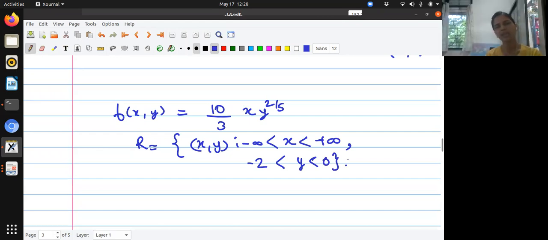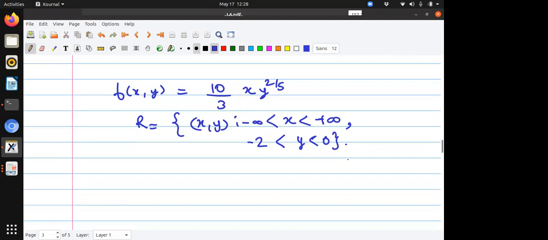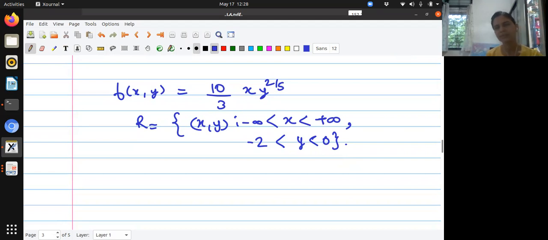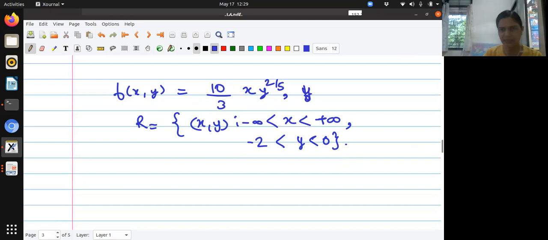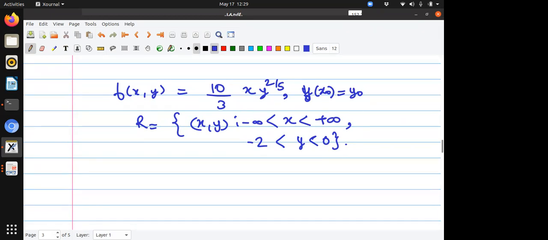So now what are you saying? What is this rectangle? Here the function f is continuous and also the partial derivative of f with respect to the y variable. Is that what you're trying to say? Yes, ma'am. So now what is your question? Now, if we go by the theorem, the theorem says that we will get some subinterval of -infinity to infinity in x, in which we will have a unique solution containing this point, y of x naught equals y naught. So the theorem says there will be a subinterval of -infinity to infinity containing the point x naught, and that point x naught is 0 in this example.